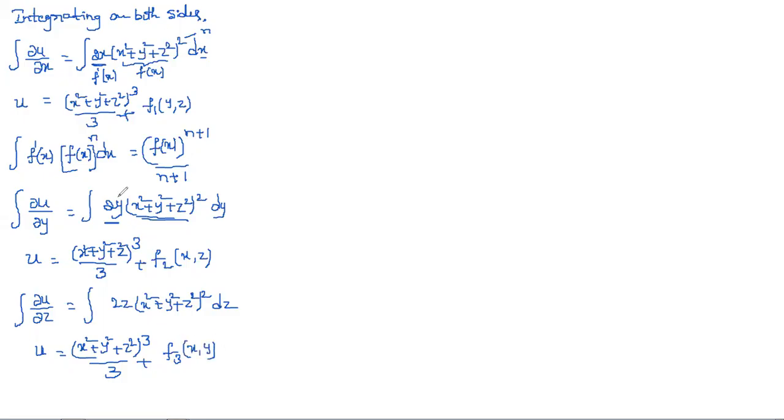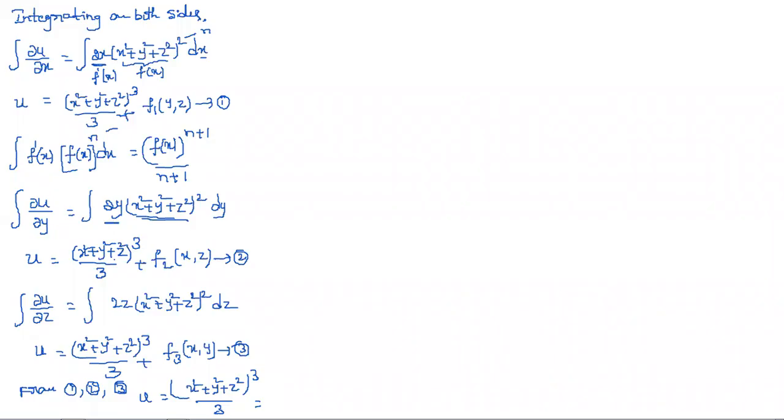But finally we require u. So by using equations 1, 2 and 3, you can give names for these: this is 1, this is 2 and this is 3. From 1, 2 and 3, we have to take which one is common in those three. What we got there: u is equal to (x² + y² + z²)³ by 3. Is this the only common one? This is the one, and this is the one, and this is the one.